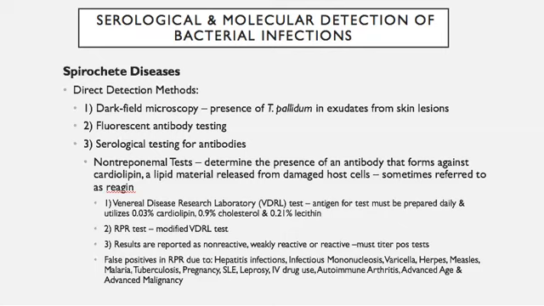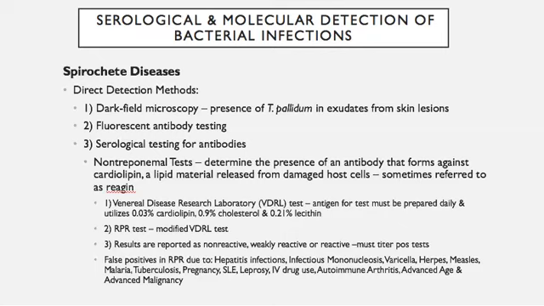So those non-treponemal tests include the VDRL, which stands for Venereal Disease Research Laboratory. The antigen for the test has to be prepared daily, and in that test mixture it uses 0.03% cardiolipin, 0.9% cholesterol, 0.21% lecithin. The other screening test that we talked about is the RPR,